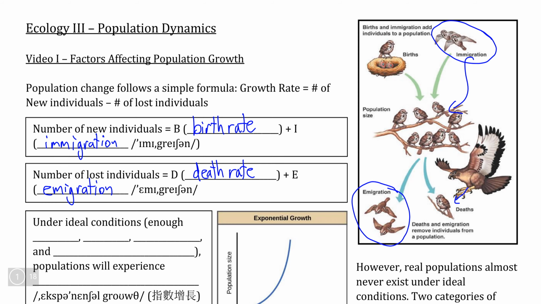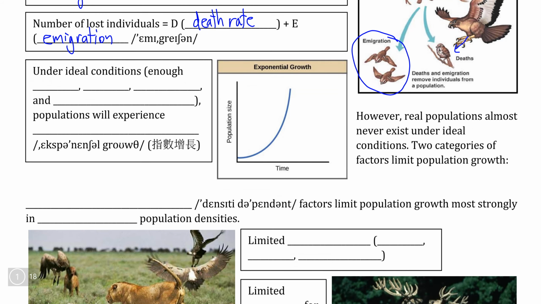Now, we can represent population growth rates on a graph where we measure the population size against the passage of time. And if we take a look at this graph, which is mathematically what we call an exponential growth curve, let me just spell that correctly, we can see if we draw individual lines that kind of mirror